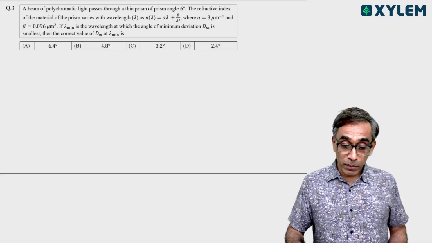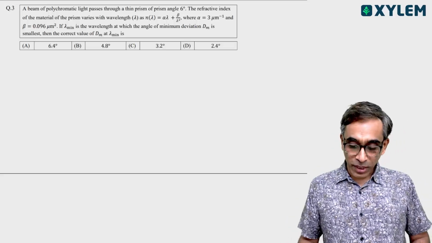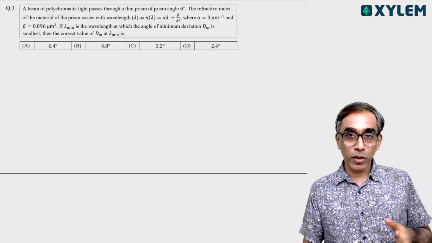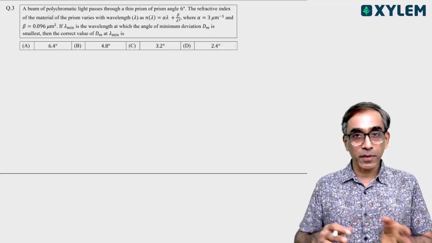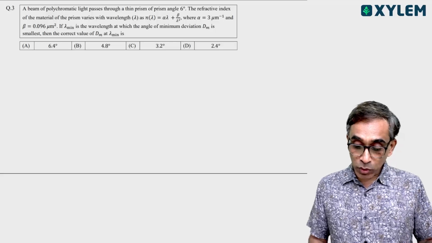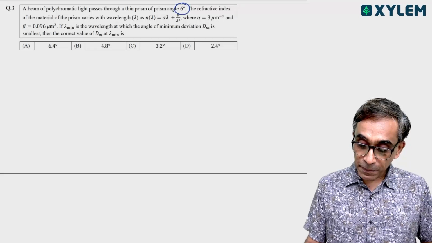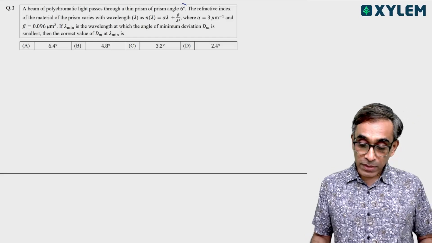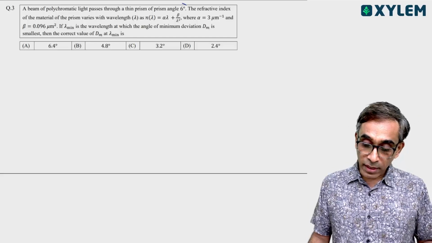This question is from optics. It's given that a beam of polychromatic light, meaning it contains different wavelengths, not monochromatic, passes through a thin prism of angle 6 degrees. The refractive index of the material of the prism varies with wavelength lambda as n(lambda) equals